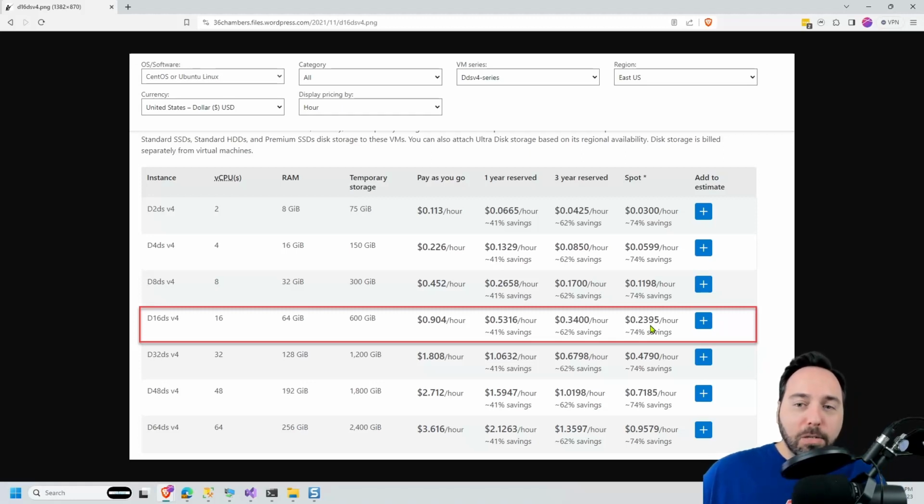Where spot pricing works best is if you have services that can restart. Maybe you're running in off hours and you're doing some data analysis and you just need the heavy compute. You could run it in spot, and if your VM does get selected for eviction, you will get a warning. There's a message that pops up and it'll say, hey, your VM in 1 hour is going to be kicked off. Or 5 minutes or some amount of time.